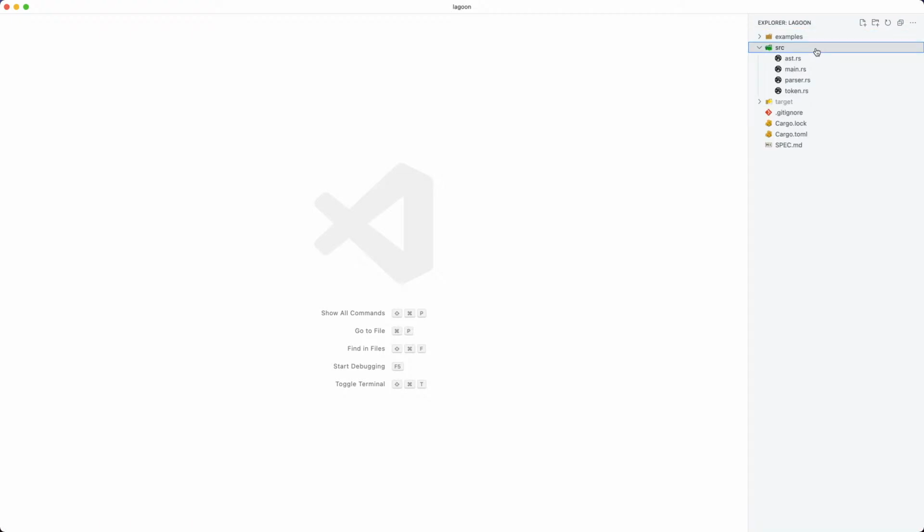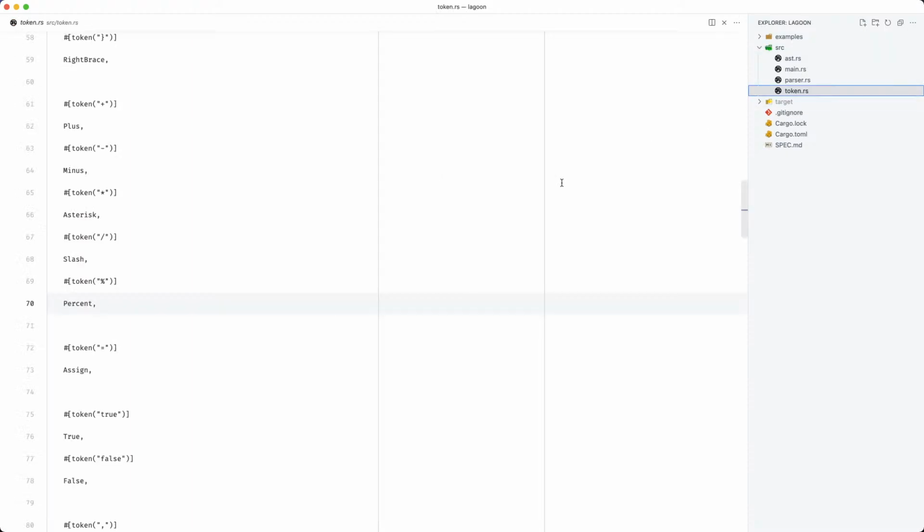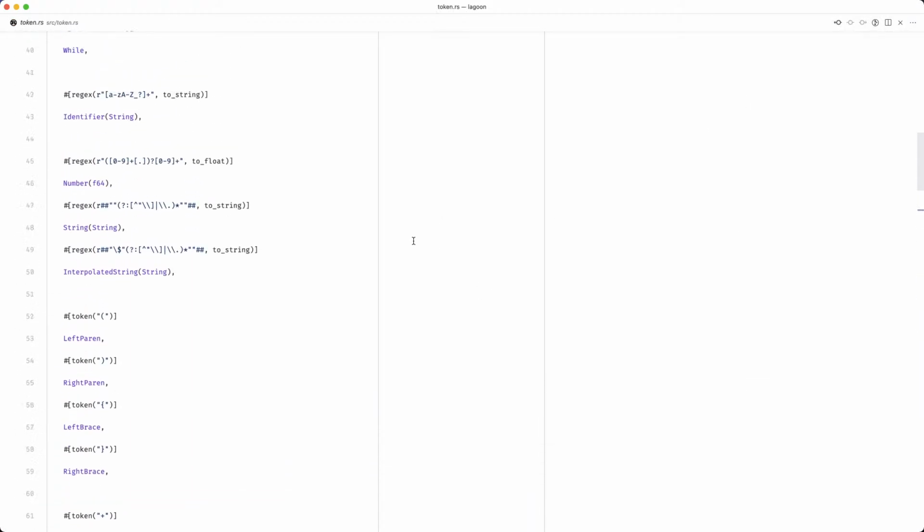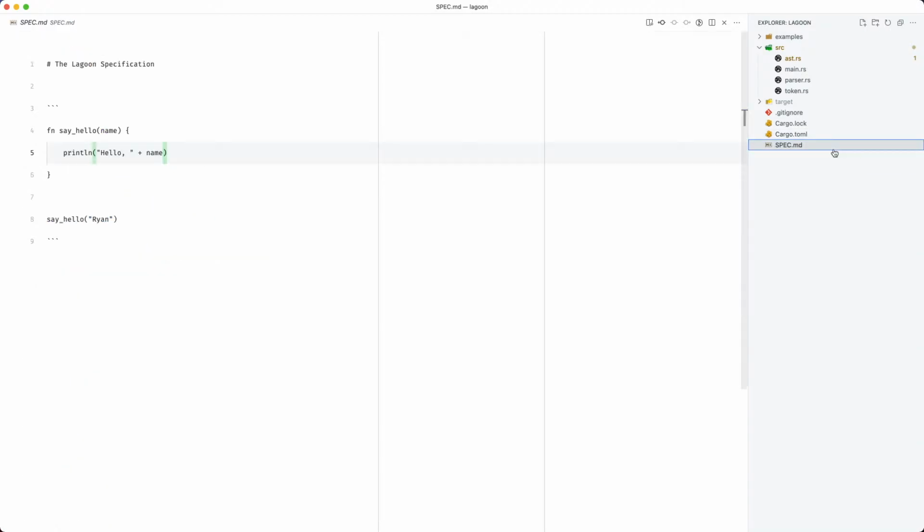So in the last stream, if you didn't catch it, we started doing some tokenization for a little language that I'm hoping to finish called Lagoon. It's a C-style language, so curly braces and parentheses to call functions.